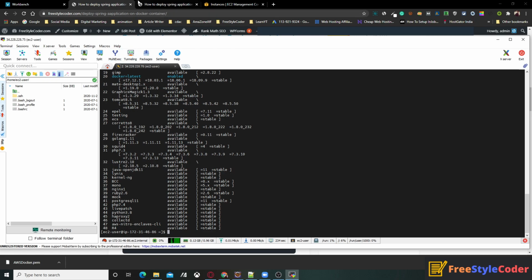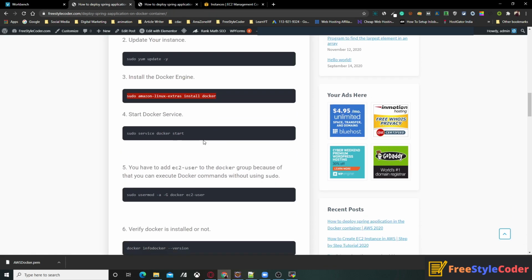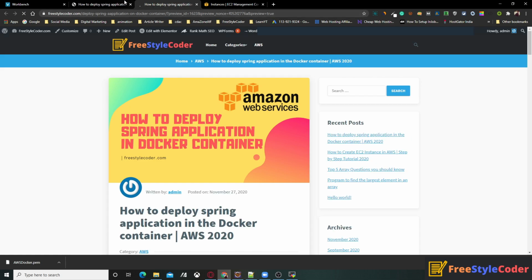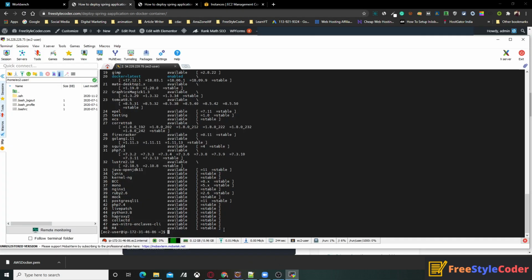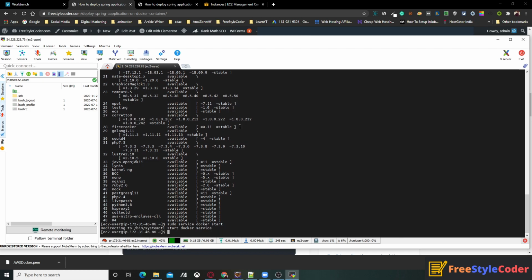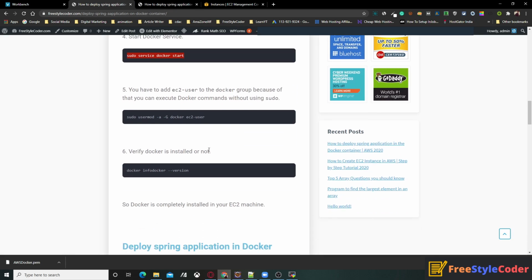So Docker is installed. Then click to start the Docker server. Copy this command, paste it over here, hit enter. So start docker.service. Your Docker service gets started.